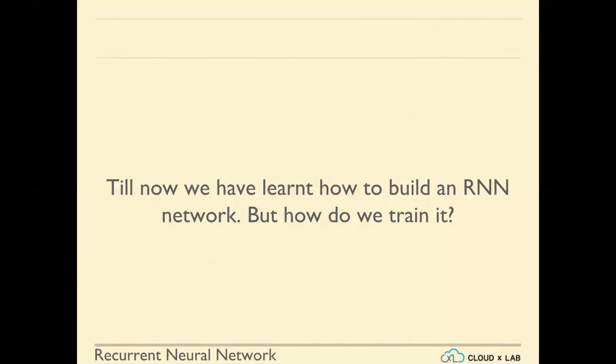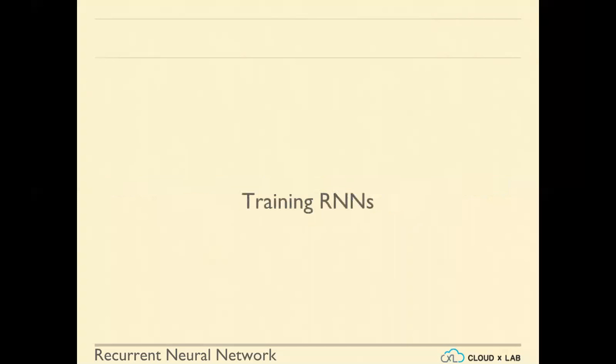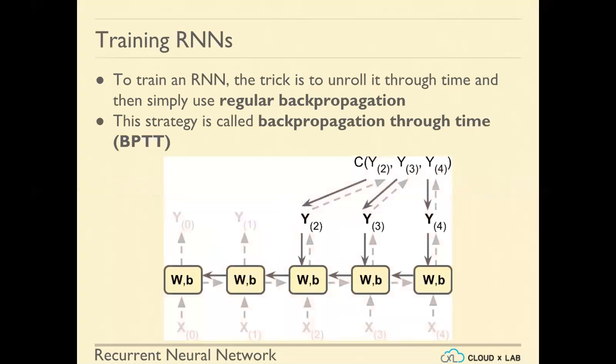And those outputs were basically random outputs based on the initial random weights that the basic cell must have created inside, right? So if we have to train it, how do we go about it? The answer is very simple. We use backpropagation. In case of training RNNs, we just use the